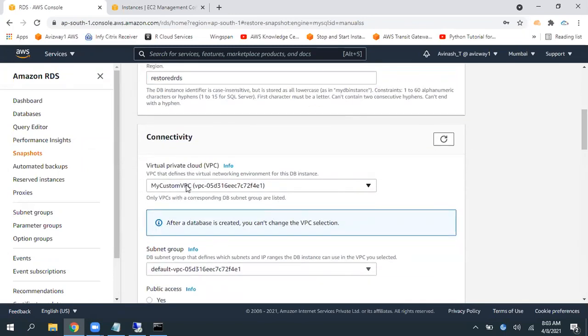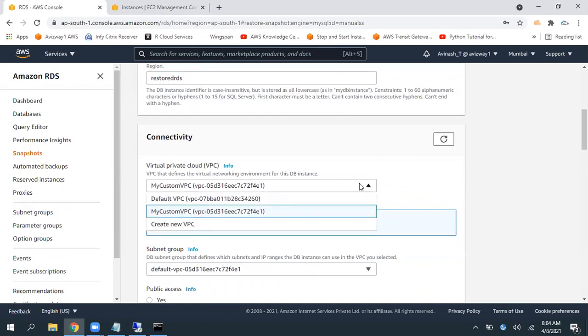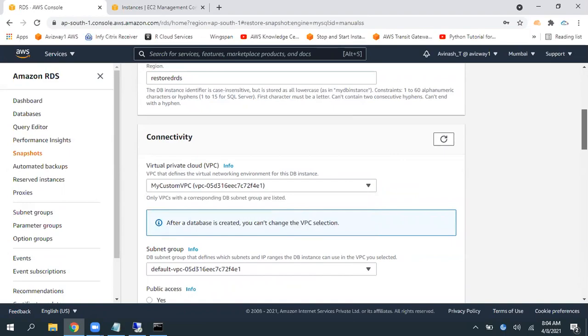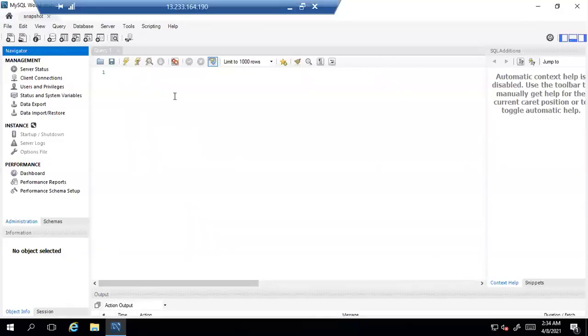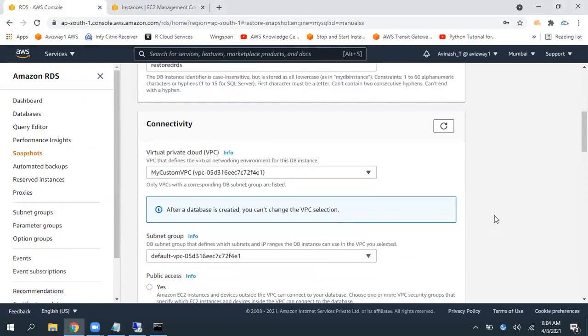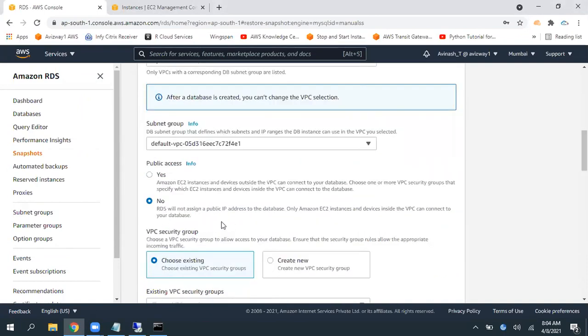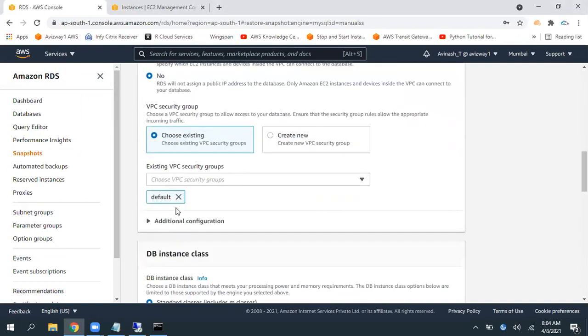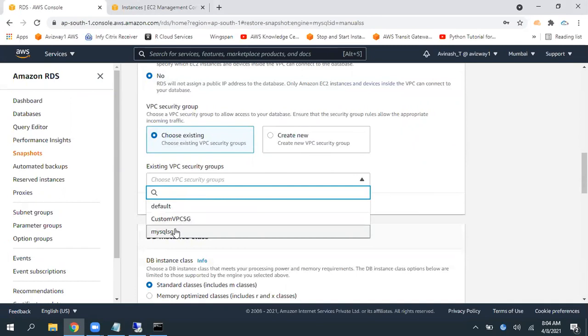Okay, I decided to run this in a different VPC or the same VPC, you can pick that. I'm using the same VPC. Why? Because I want to connect from here and I want to show you. So then public accessibility, I'm going to give it no, and security group, I'm going to use the same security group,